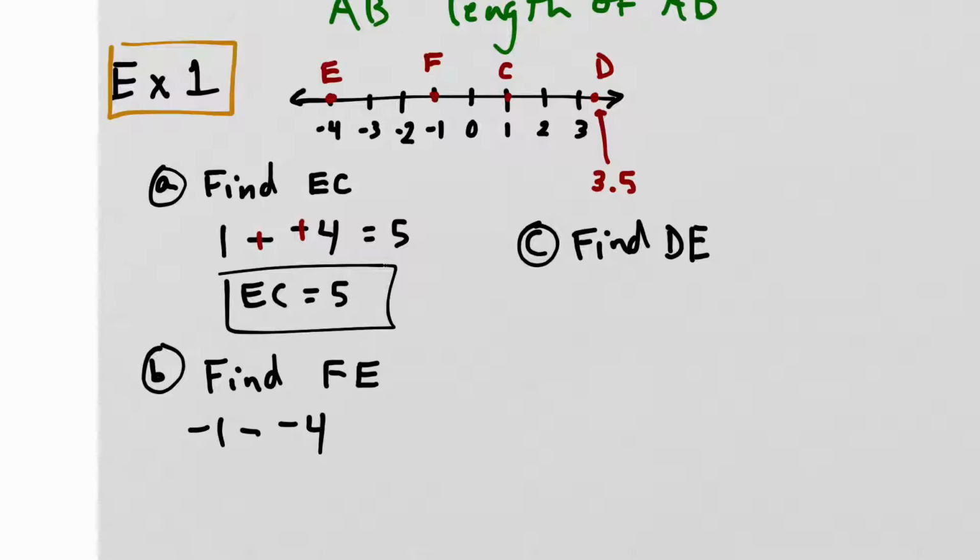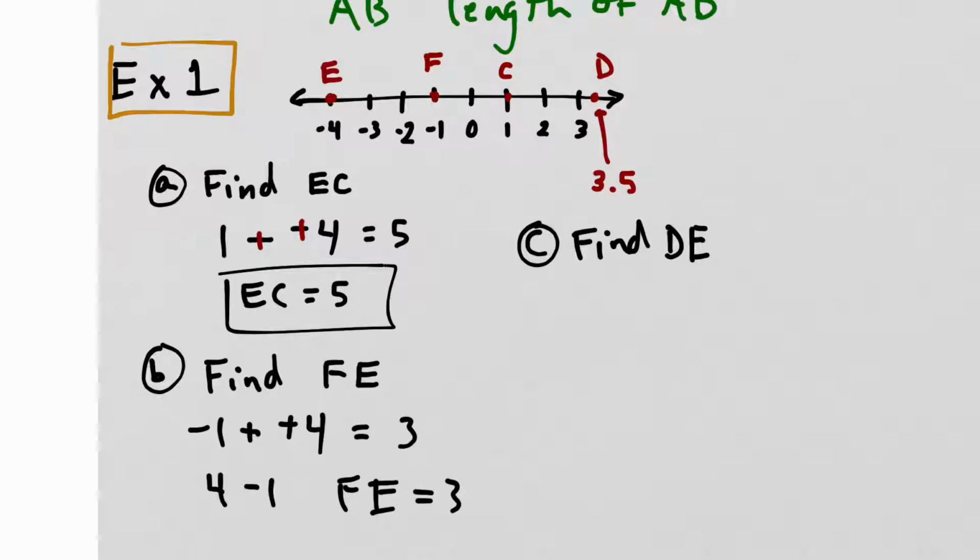When you have a minus and negative, that's the same thing as adding. And then here, since I have one positive and one negative, it's the same thing as 4 minus 1. I have 4 positives and 1 negative, so I get 3. So FE